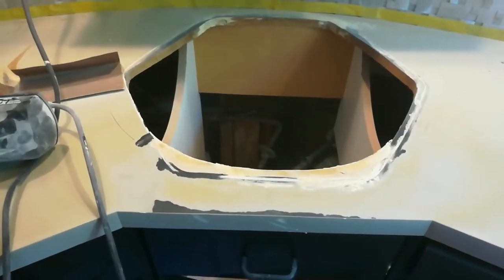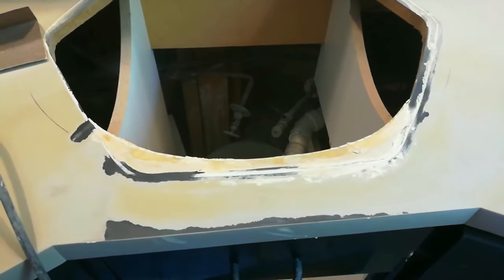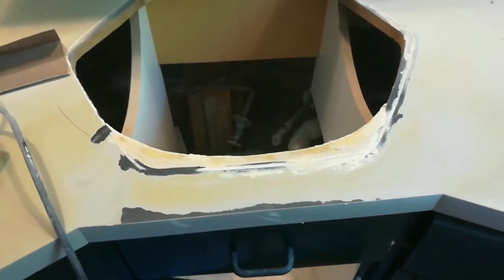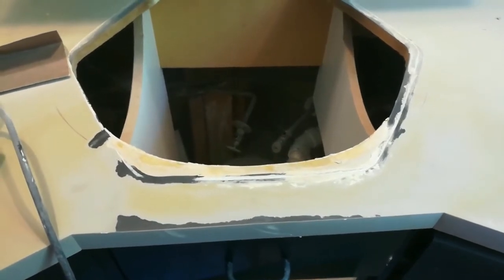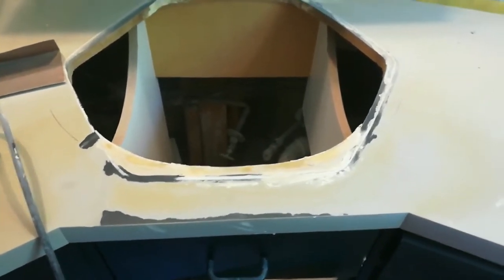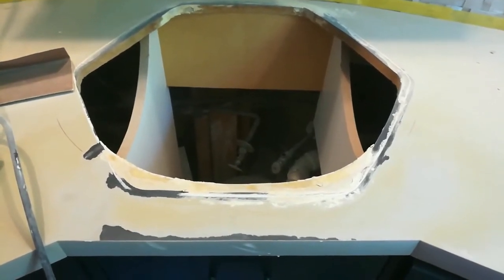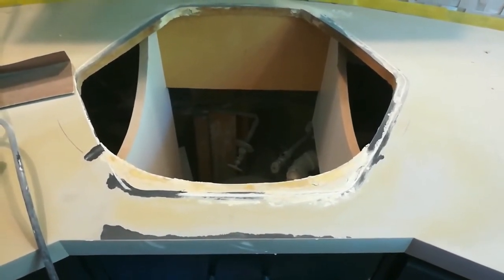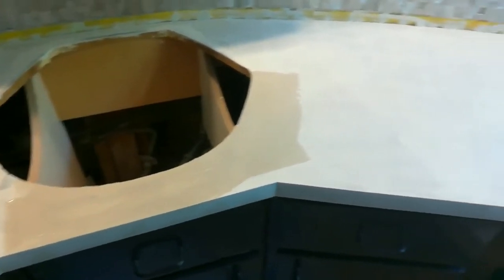Okay, now I took a 60 grit sanding disc and sanded it level. Took a while because that water putty dries extremely hard, and that's a good thing. Next step, priming. Okay, so I have primed the counter